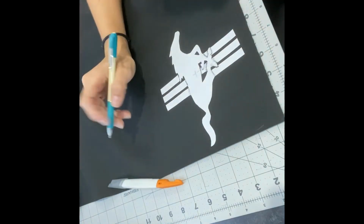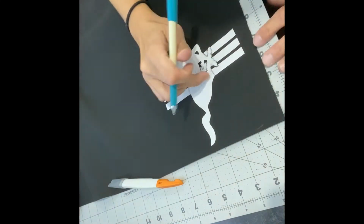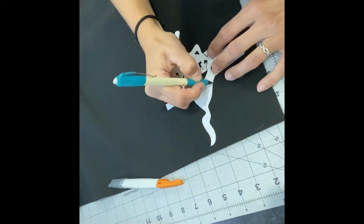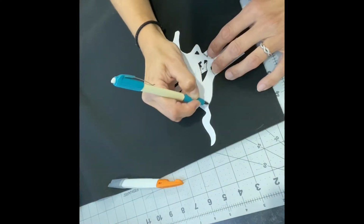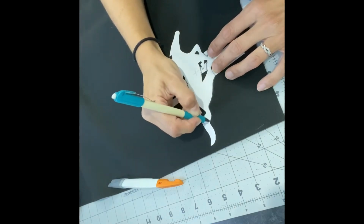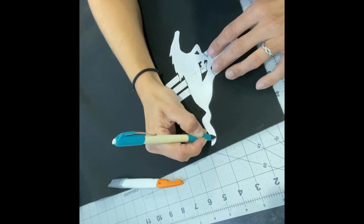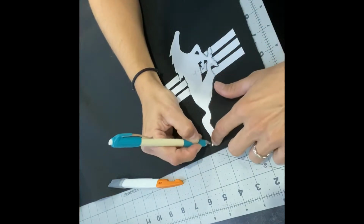I like to have the trace line. It's just, I don't have to worry about nothing moving. Once I trace it, I can take this off, and I don't have to worry about my paper shifting and cutting my piece out wrong. So right now I'm just gonna go ahead and trace around all of this. And while I'm doing it,